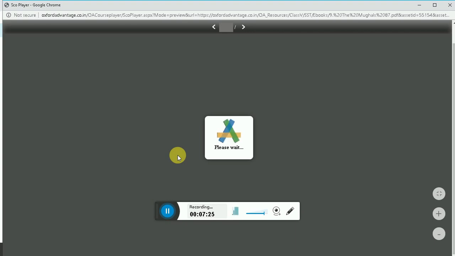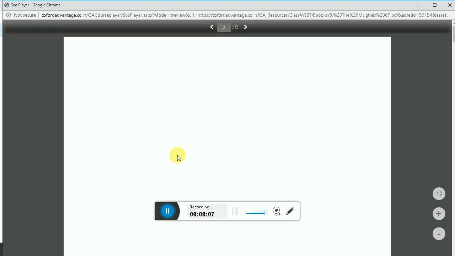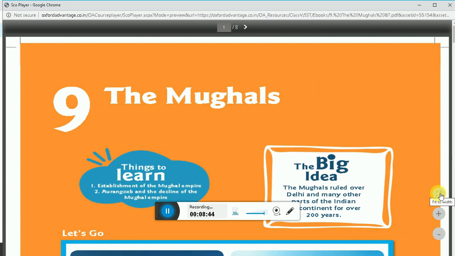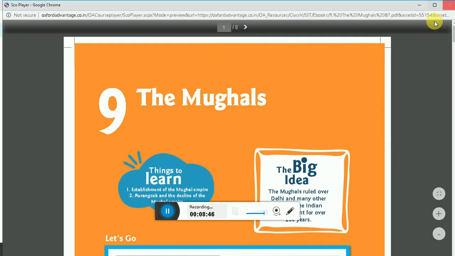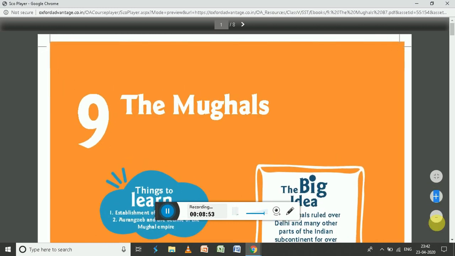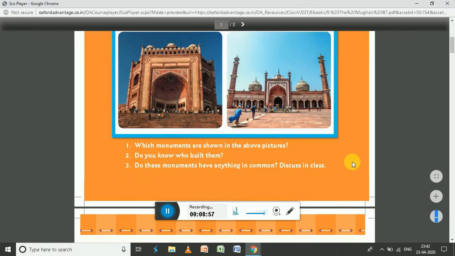So there is no problem of carrying books, there is no problem of carrying the lesson plan. They can sit anywhere, they can sit in a park and just work out the things according to their convenience. So this is a chapter. The moment I click on this, it will come to the normal position. I want to make it big, so I can click on this. I want to make it small, there is a minus sign, you can also click on it and make it small. It is according to your wish.